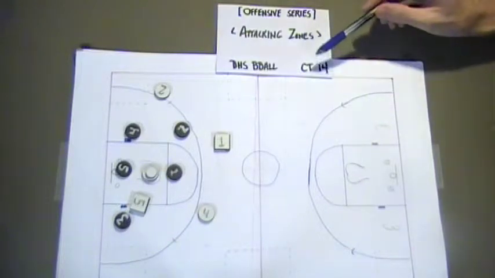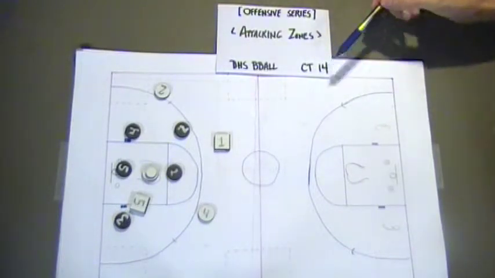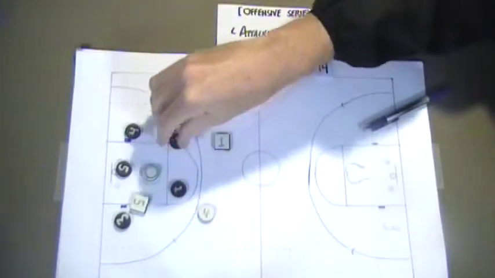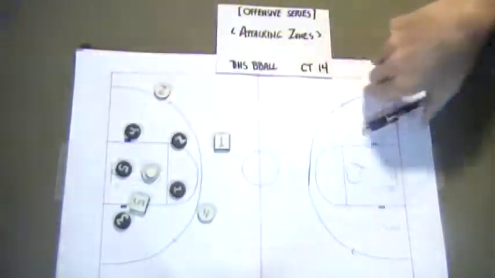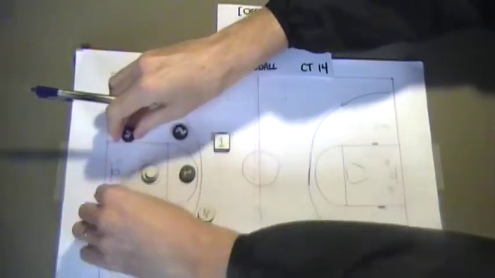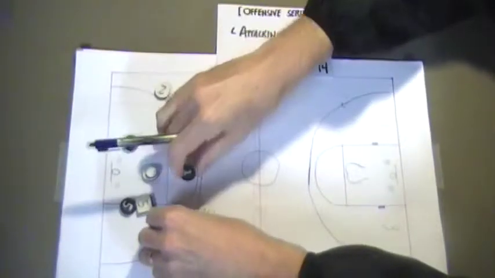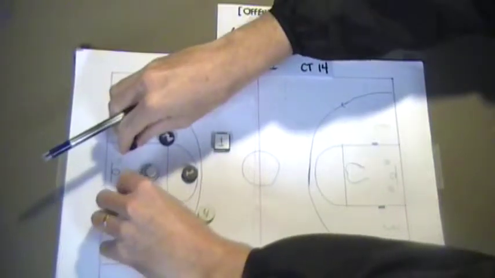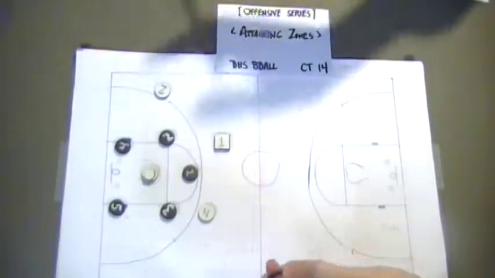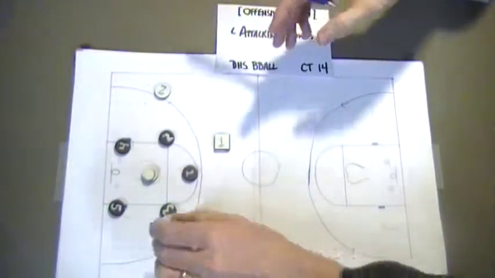Okay, so here we are in Chalktalk 14. This is going to be how do we attack the zone, whether they're in a 2-3 or a 3-2 setup or a 1-2-2 setup. How do we attack these things? Well, the basic